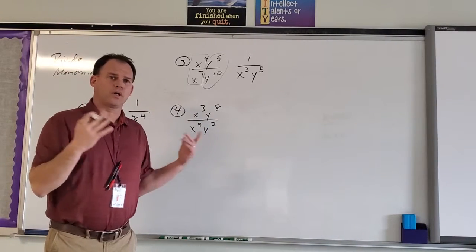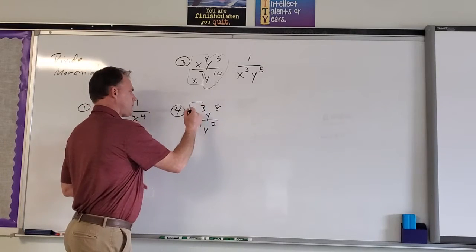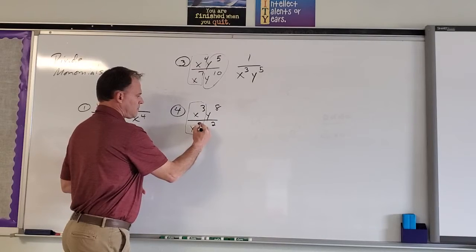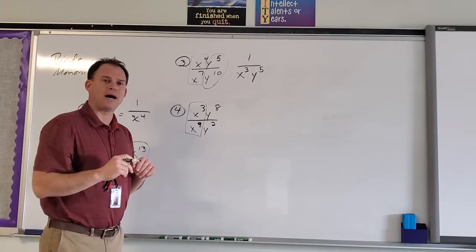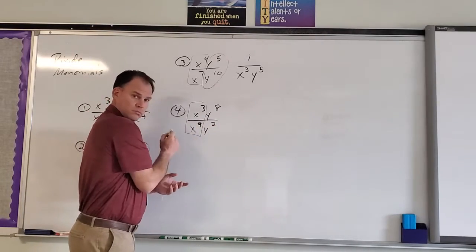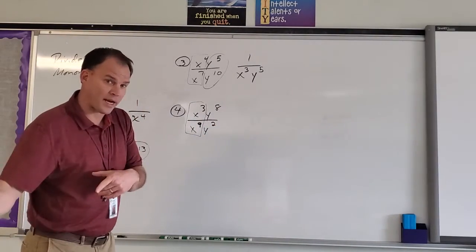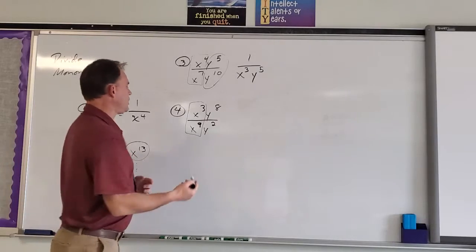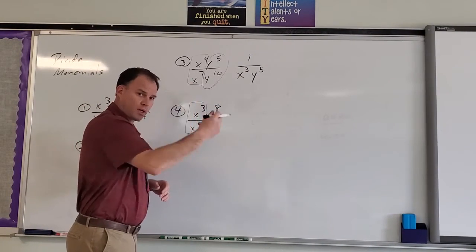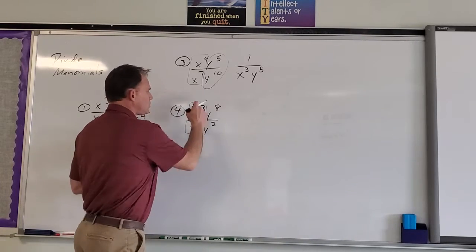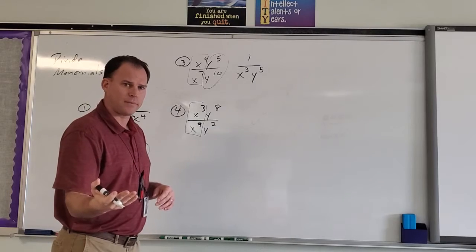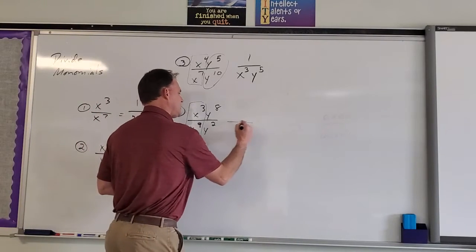So again, we're going to look at this piece by piece. Look at the x's. I've got 3, this is a 9. 3 on top, 9 on bottom. What kind of problem is this? What is the shortcut trick? Good. Don't start dividing exponents. The shortcut trick is subtract the exponents. So I got 3 on top, 9 on bottom, subtract, you get 6. Is it going on top or going on bottom? 6